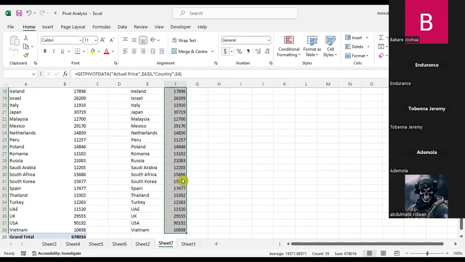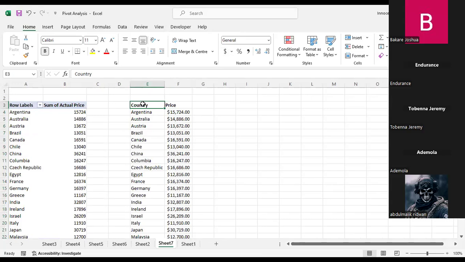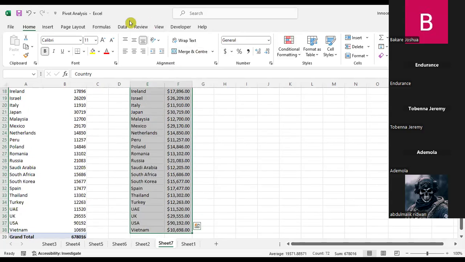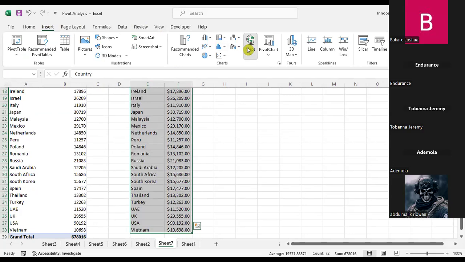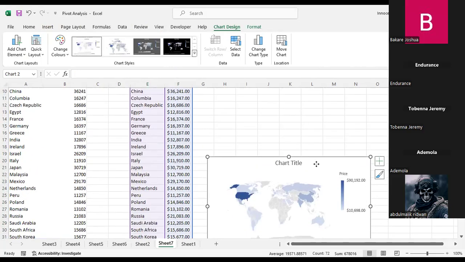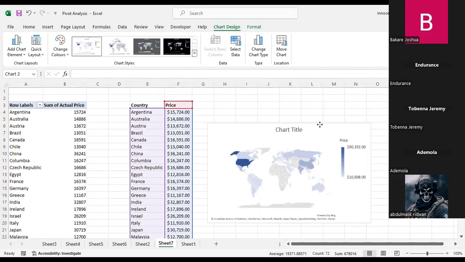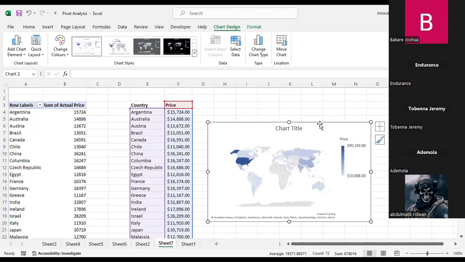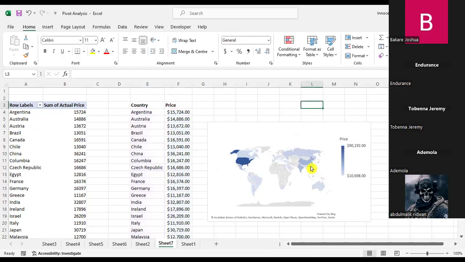Let's just make this a quick currency and highlight this for our chart. Go to insert, we go to maps, and we go to filled maps. So we have taken this map now. One thing with working on dashboards is that you might want to design your charts in a certain way. But there's one thing about maps. You can't actually work on the corners or the sides of a map. So usually we'll just say no line, no fill